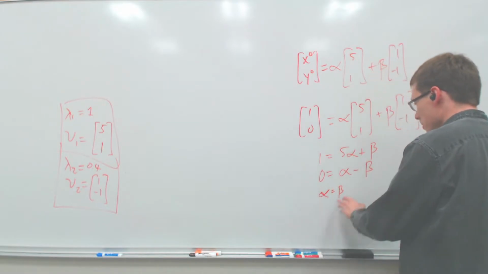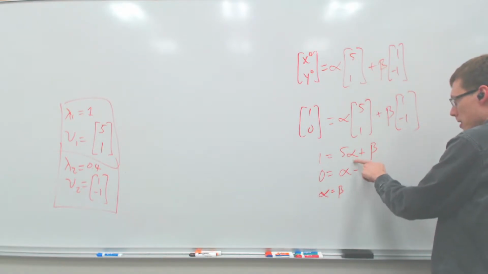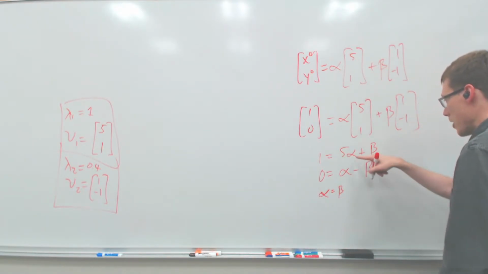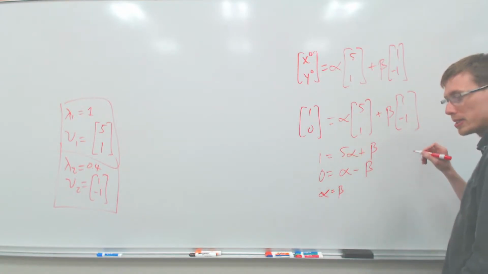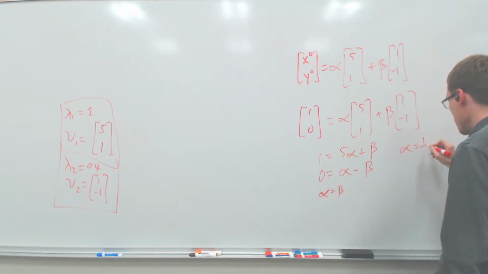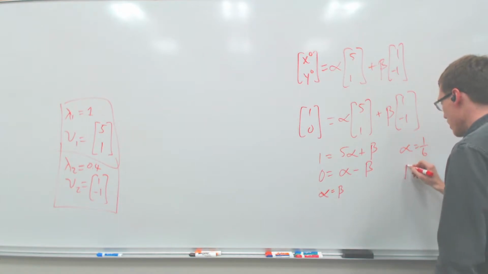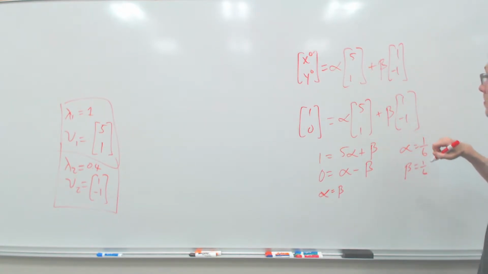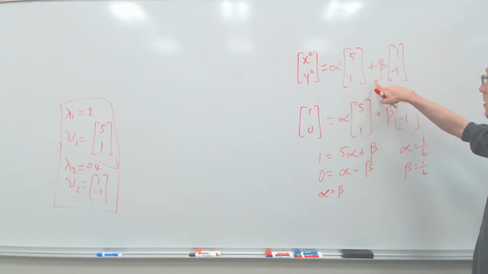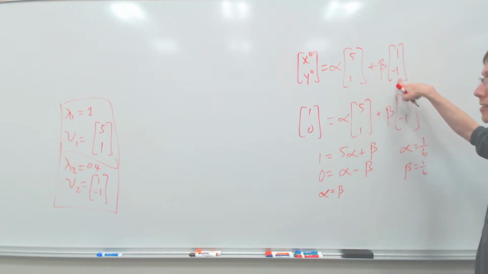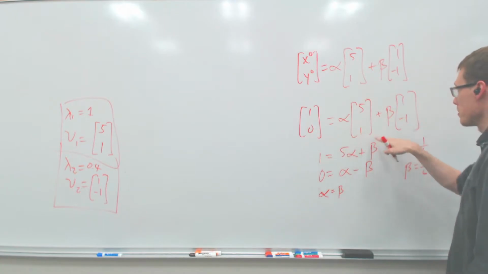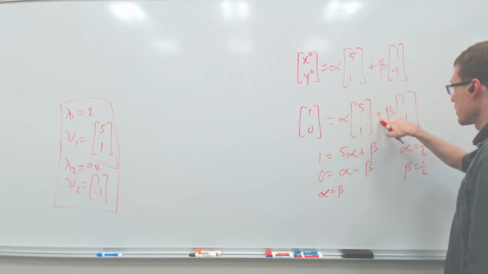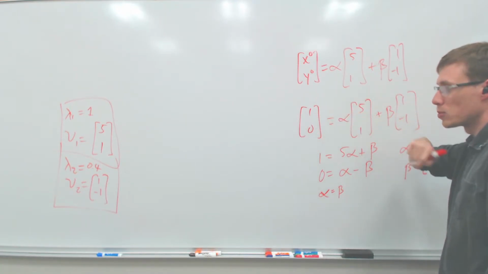According to this equation, we plug that in. So therefore, 5 alpha plus alpha equals 1. So that means alpha equals 1/6, and beta also equals 1/6. Let's just double check here. So we get 1/6 minus 1/6, that's 0, right? That checks out. And then 5/6 plus 1/6, that's 1.